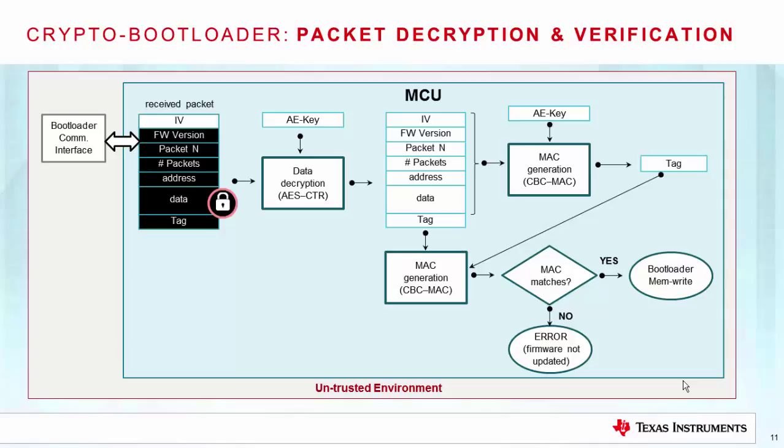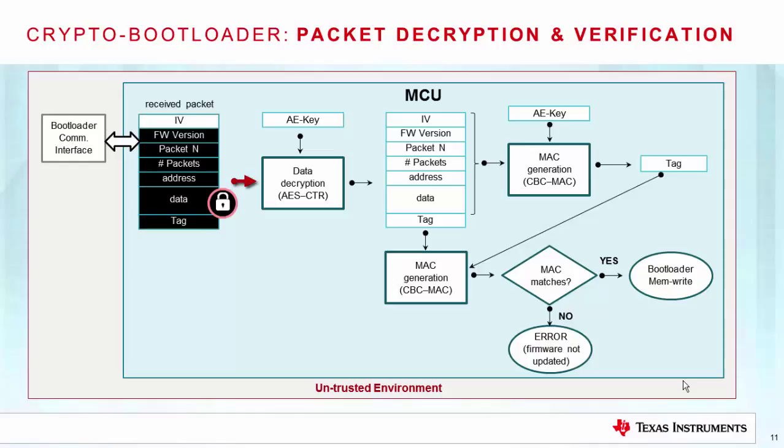The same cryptographic key used to perform authenticated encryption on the product manufacturer side is now used to decrypt and authenticate the data. As mentioned earlier, the algorithm used is AES-CCM, which is based on two cryptographic primitives, AES-CTR, counter mode, for encryption, and CBC-MAC, cipher block chaining message authentication code, for integrity and authenticity verification. It is important to note that the flow shown in this slide is a simplified representation and does not include all the steps involved in the actual AES-CCM algorithm.